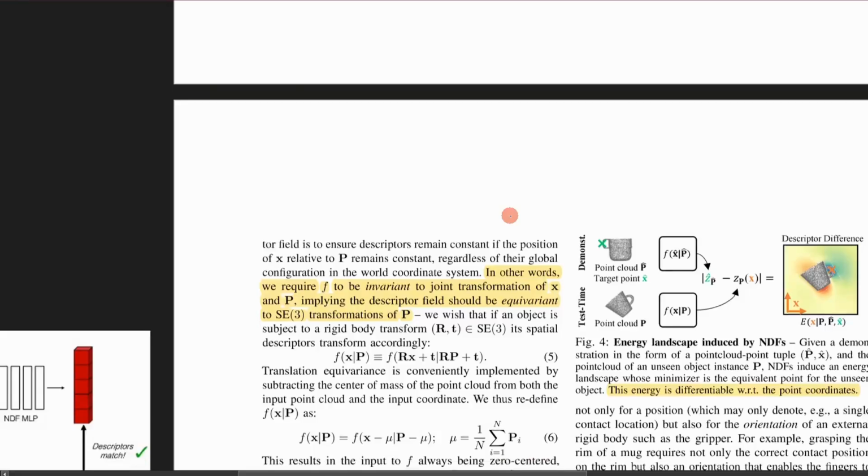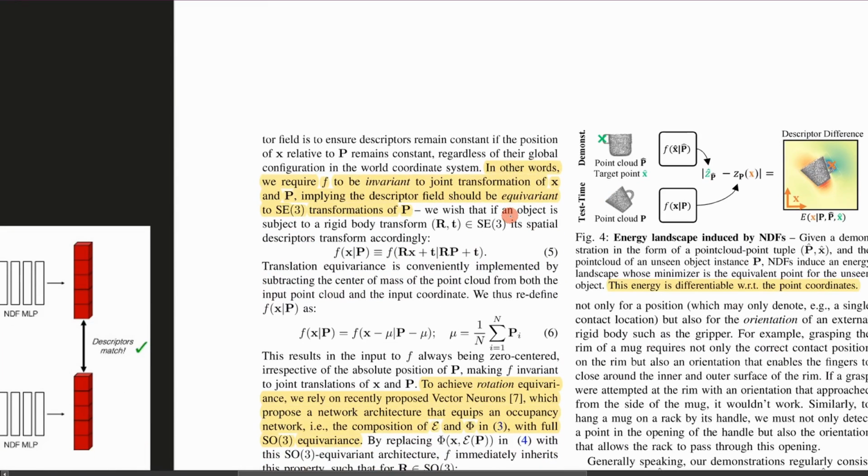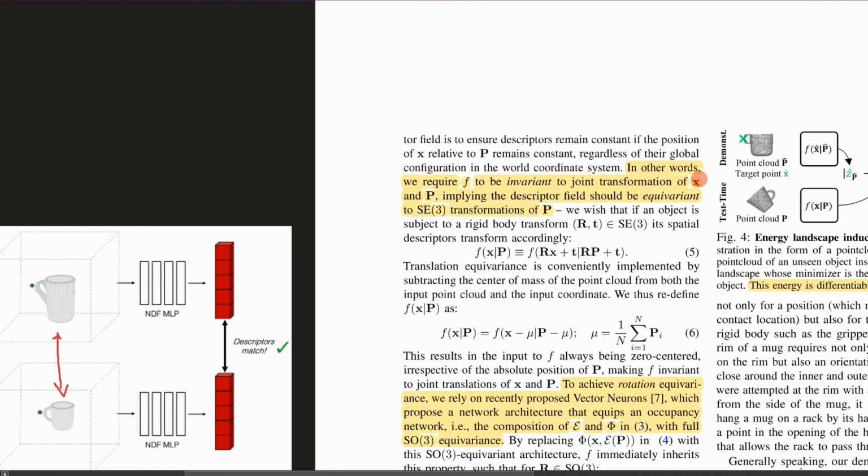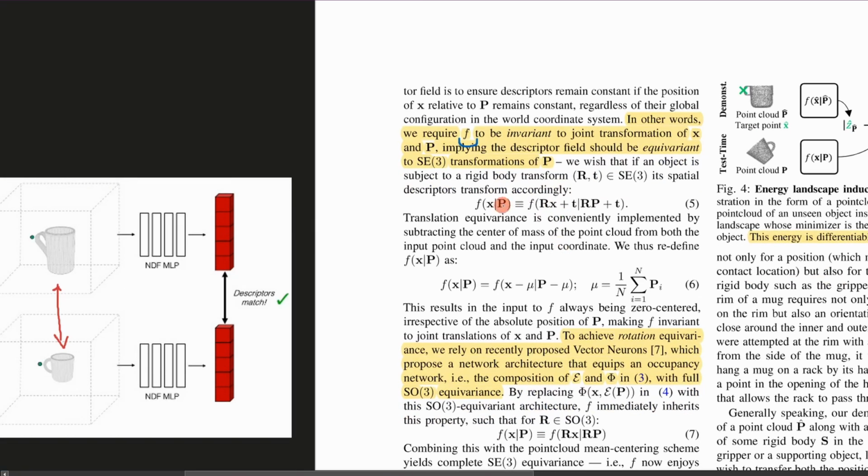I've noticed that a couple of times, but yeah, hopefully you'll understand the gist of the paper. So they say here that, in other words, we require f to be invariant to joint transformation of x and p. So again, f is, remember, the spatial descriptor, implying the descriptor field should be equivariant to SE3 transformation of p. So here they just formulaically represent that if we were to transform both x and the point cloud p